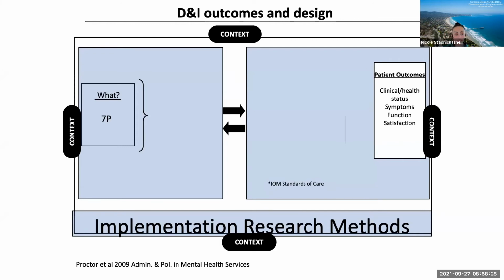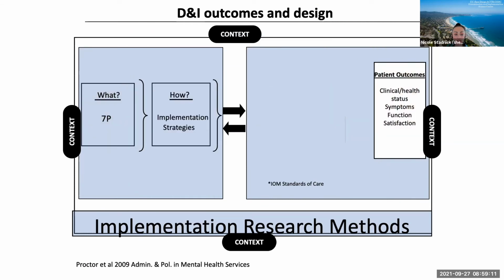Finally, we wanted to share this really seminal framework, the Implementation Outcomes Framework developed by Proctor and colleagues. In this framework, the understanding is that typically what has been done is there's an evidence-based practice, one of the 7 Ps, a policy, practice, product, pill, etc., that is implemented. And it's hypothesized or shown to affect patient outcomes, clinical health status, symptoms, function, or satisfaction. The Implementation Outcomes Framework goes further and delineates implementation outcomes,